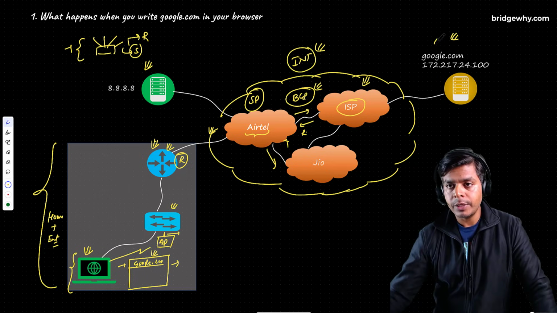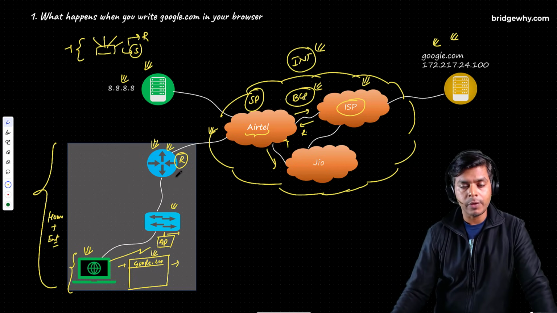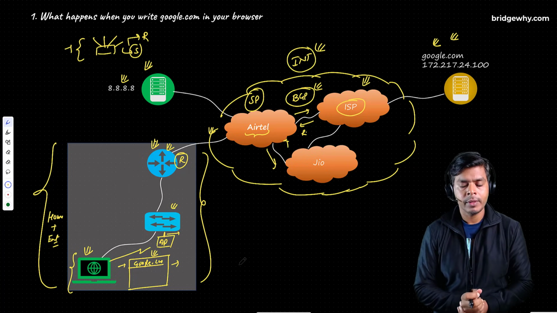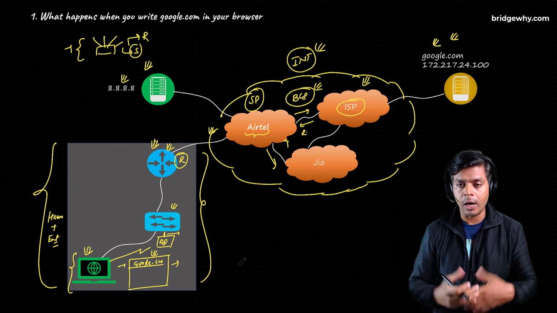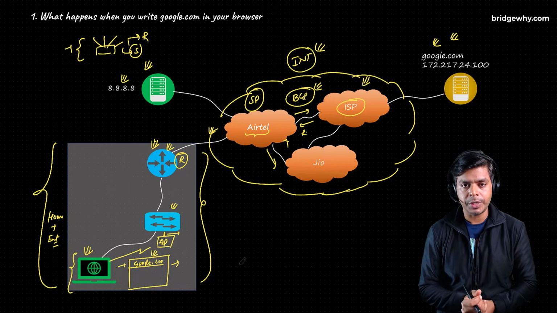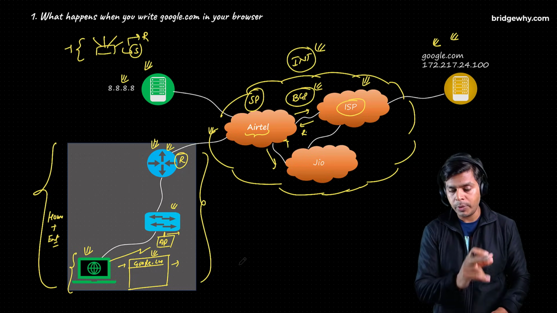Now, google.com is connected to the internet. This resolver is connected to the internet, and my home network is connected to the internet. So this is the whole idea behind this topology. Now we understood this, and we are in a very good position to understand what is going to happen when this computer writes